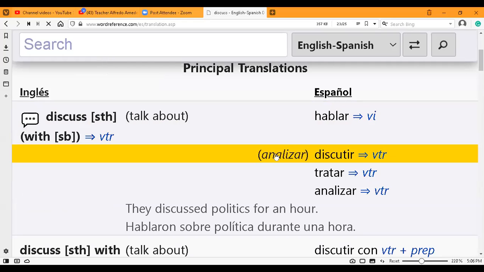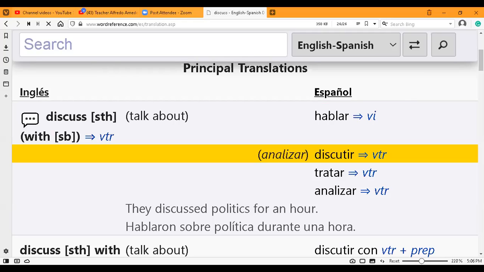When you are in a class or in a lecture, listening to your professor, and then you want to talk about that topic in the class, you have to discuss with arguments. That's the word, with arguments, with facts, with information that is true and reliable in order to talk about